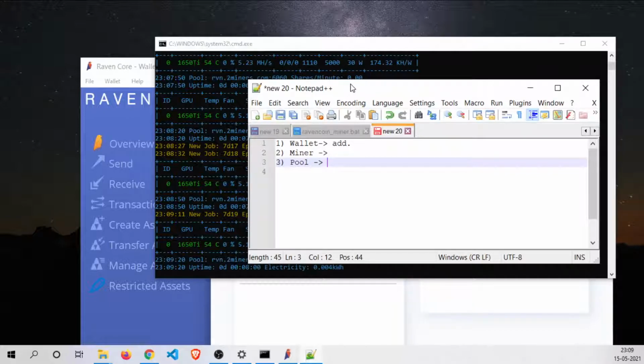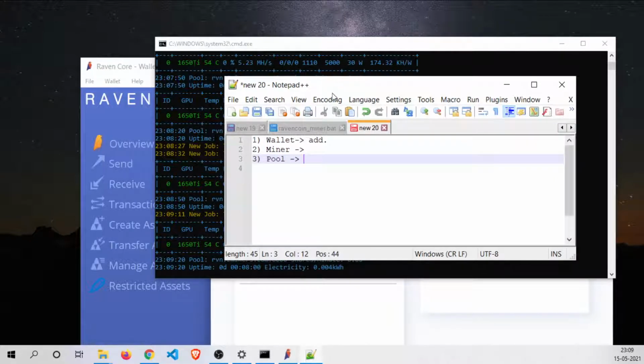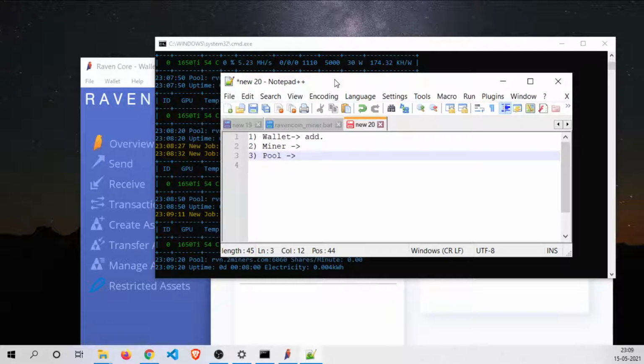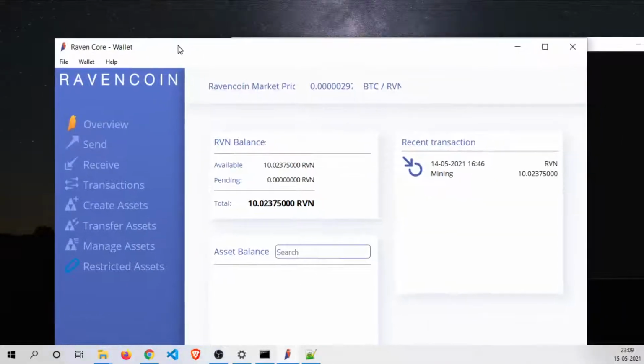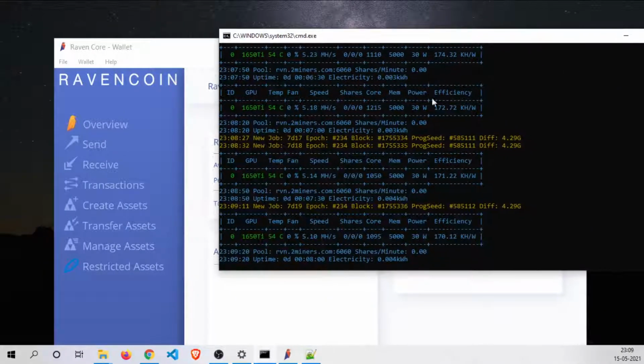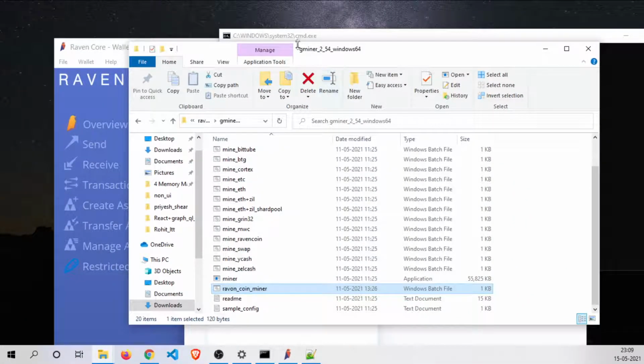So I think this is all about the background. Before moving further, let me show you my result, because for the past few days I have been mining Ravencoin. This is the miner that I am using, G miner.